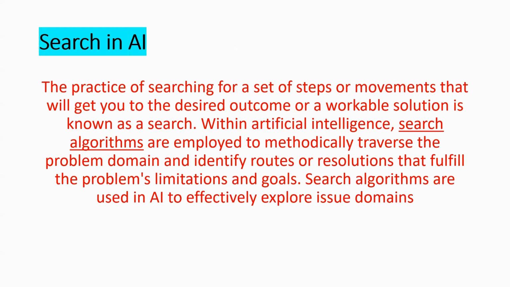So search in AI refers to the process by which an AI system systematically explores the problem space to find the sequence of actions that lead from the initial state to the goal state. Since the problem space can be huge, AI needs an intelligent way to explore it. Such algorithms are the core tool of exploration. Which state to explore next, how to avoid getting stuck in loops, how to find the optimal, best solution if there are multiple paths to a goal, we search using some set of algorithms.